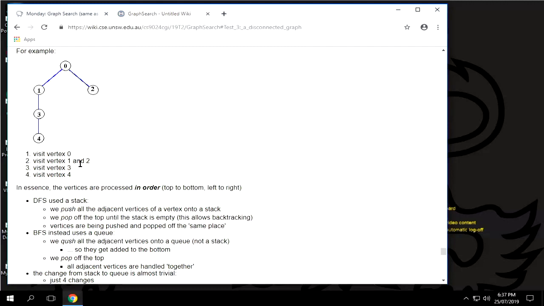Now, the thing that you don't necessarily see with the stack version, with DFS, you can sort of work out why the stack works. Interestingly, because it is quite unnatural. A queue is a much more natural thing, but the thing with a stack is you're working on the same place. You pop, you push, you pop, you push, and you sort of can work on that one spot in your head. And you sort of have a sense of it, things stacking up and coming off and stacking up and up and up, and then eventually coming down, down, down, down. It's sort of a natural way of thinking, in spite of the fact that it's an unnatural data structure,